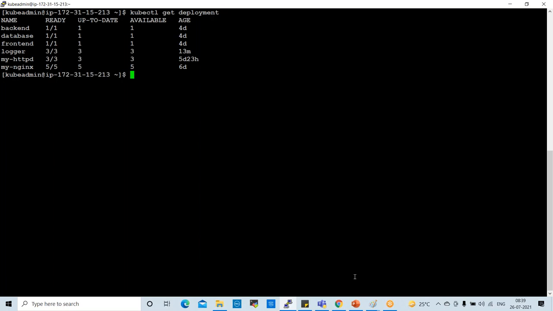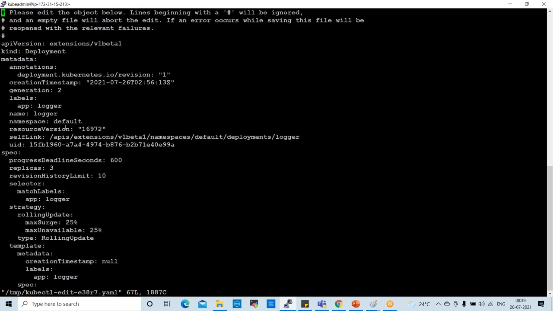I want to edit one deployment. kubectl edit deployment. I want to edit this deployment, which is logger. Enter. So once you edit this deployment, you can see all the details of the manifest. This is the manifest file for logger.